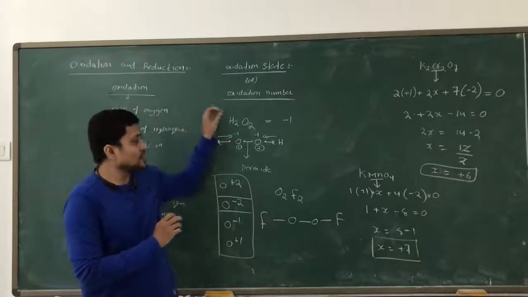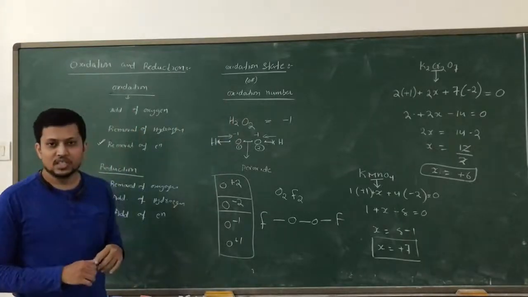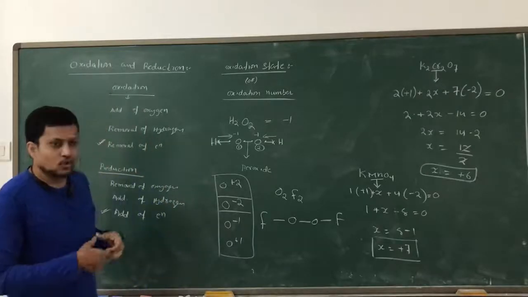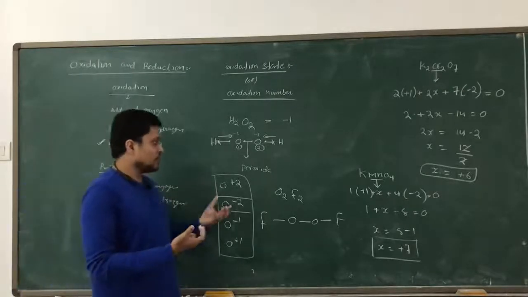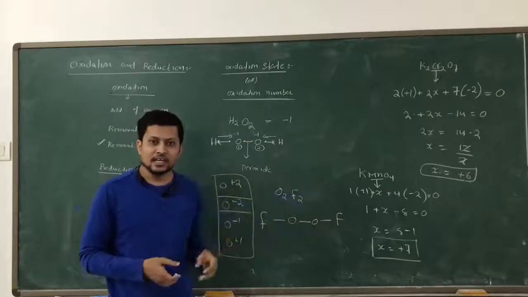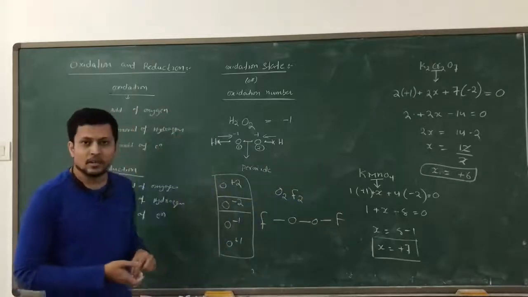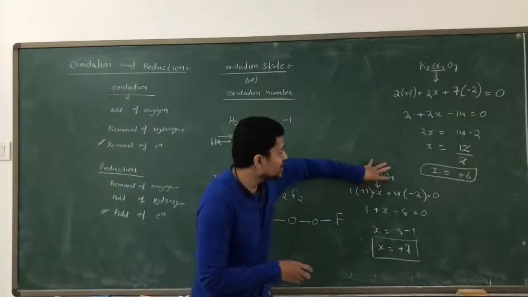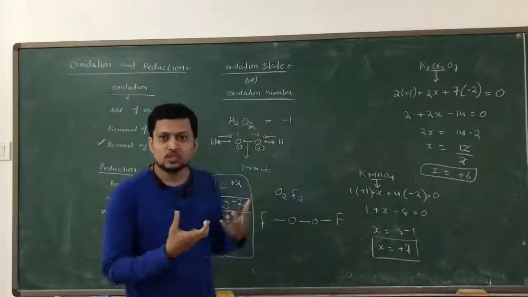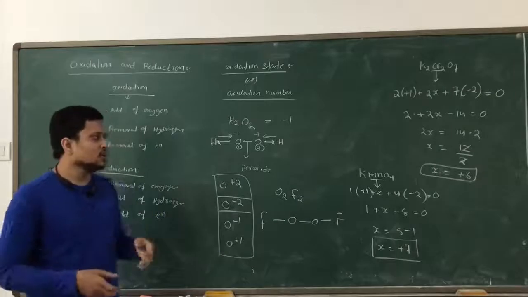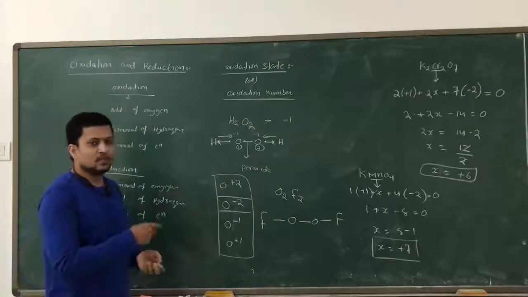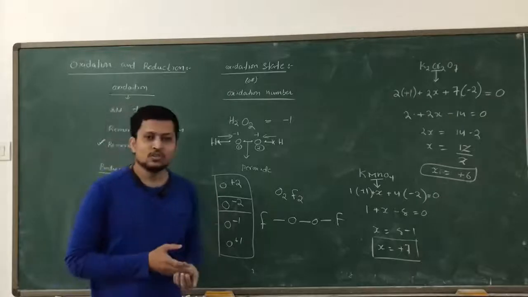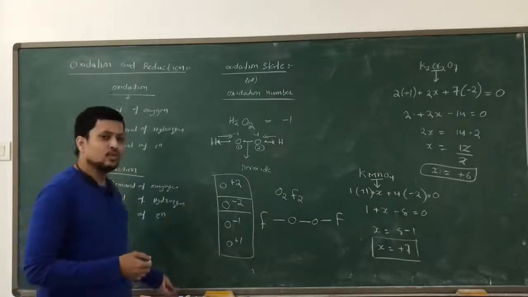So this is how we are going to calculate the oxidation state, or oxidation number we can say. So hope you understand. Try more examples, apply this method and get the oxidation state and oxidation number which is unknown for the given compound. If you are seeing a compound like KMnO4, K2Cr2O7, H2O2, H2O or any other compound, you just take an example and apply this method, you will get the answer. Hope you understand. Again we will continue with the next videos which are quite helpful for you. Thank you.